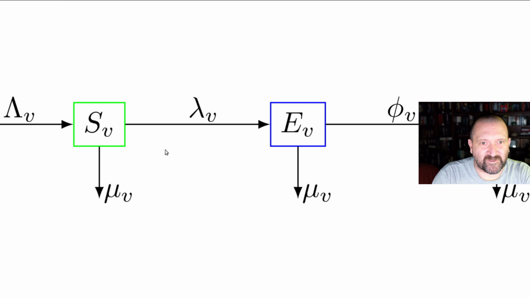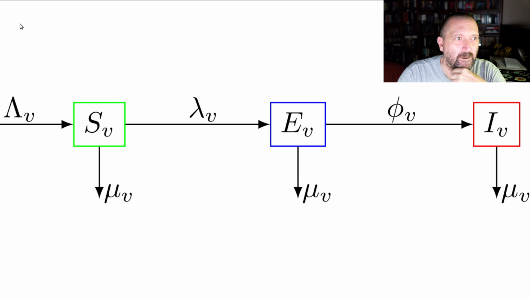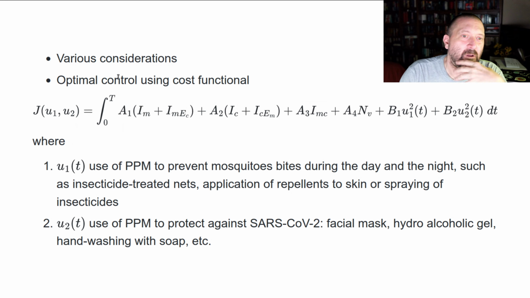So there's also, of course, dynamics for the vectors. And again, like many malaria models, vectors are supposed to be either susceptible, exposed, so latently infected, or infectious. And that's it. They look at a variety of issues, but I'll just point out they do something that, as I said, I haven't discussed at all in this course,